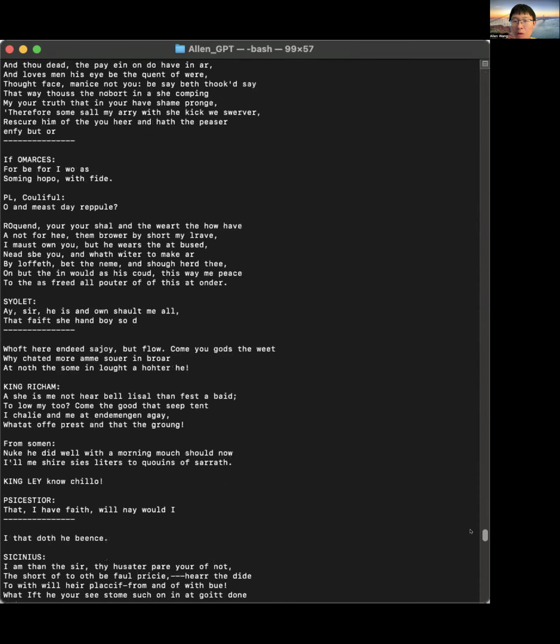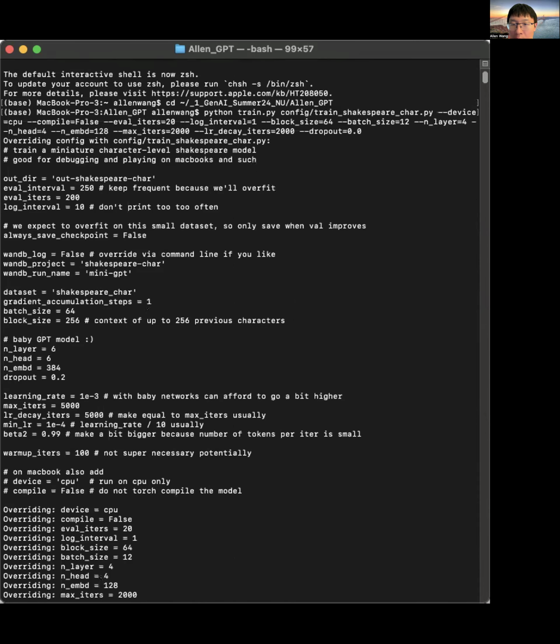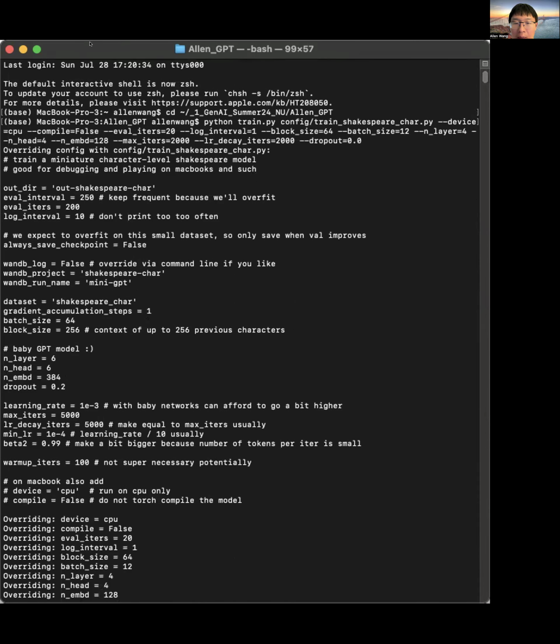So let's see if we can find this here. So this is my folder. This is the outermost folder, and this is my next level folder. By going into that folder, I was able to use a training data, train.py on my local VS Code,